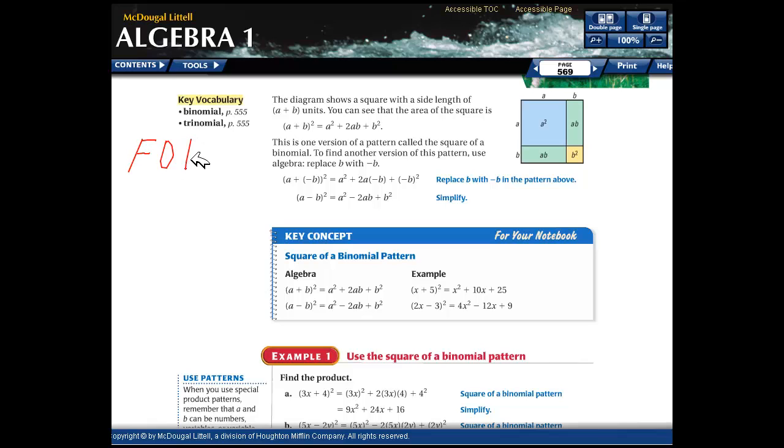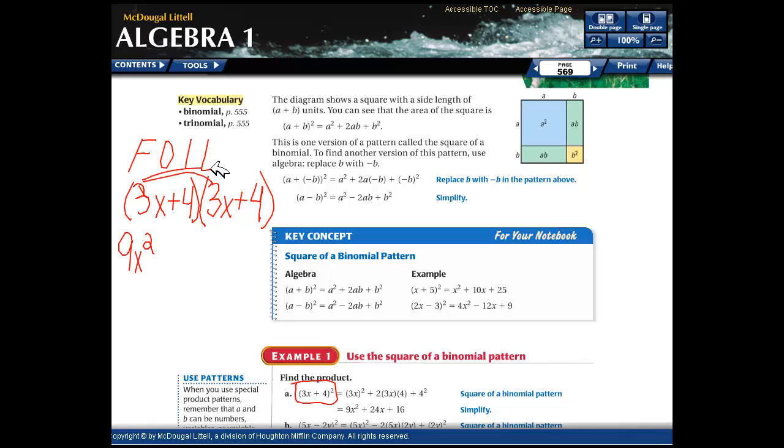First, outer, inner, last. So if I do example 1 down here, if that is 3x plus 4 squared, what that means is that it's 3x plus 4 times itself. So let's do another one, 3x plus 4. So the FOIL method would have you taking first times first, 9x squared,